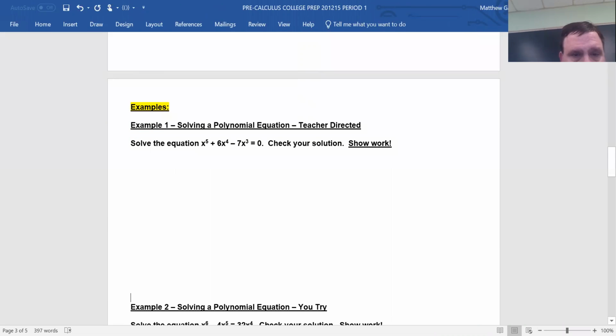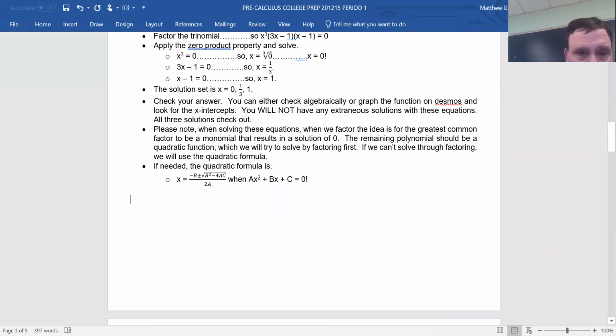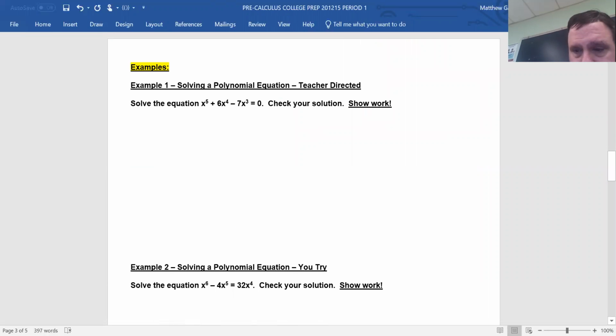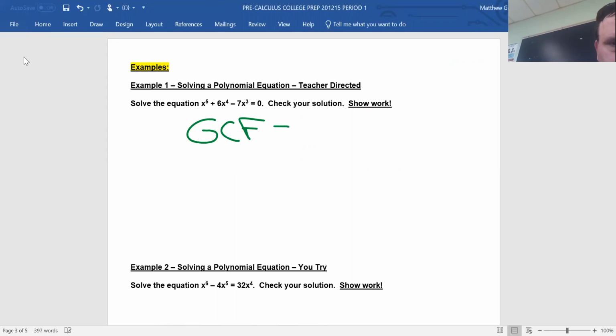Okay, so in these type of problems, what you want to look for first is the greatest common factor that's stated up here. So your greatest common factor is always going to be